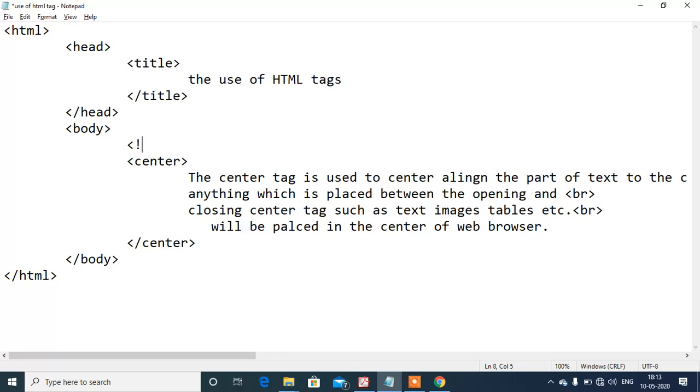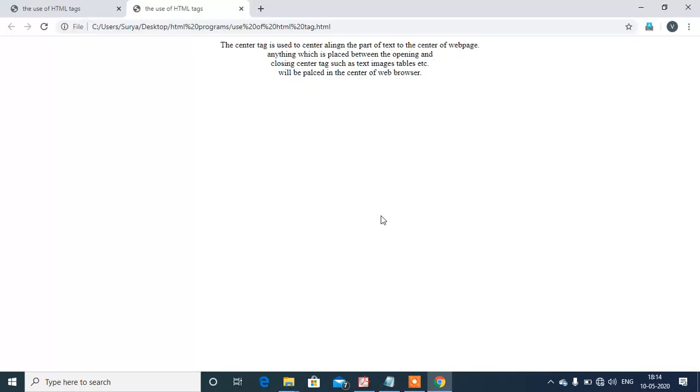The exclamation mark can be typed by pressing Shift plus 1, then a double hyphen, and then after that the characters that you want, like I am writing the use of center tag, and then again a double hyphen and then close the bracket. Now Ctrl S.